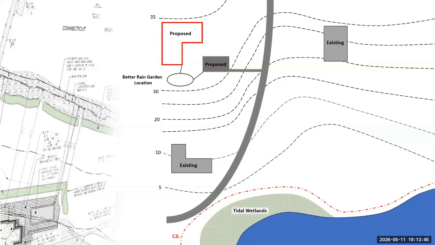In this case, perhaps a better location for a stormwater best management practice would be at the lower elevation of the site to catch some of that runoff from both the house and the driveway. This is going to prevent that runoff from leaving the site, running down the road, and emptying out into these tidal wetlands. That's still something that the commission can look for in these applications where the residence is further away from the coastal resources.